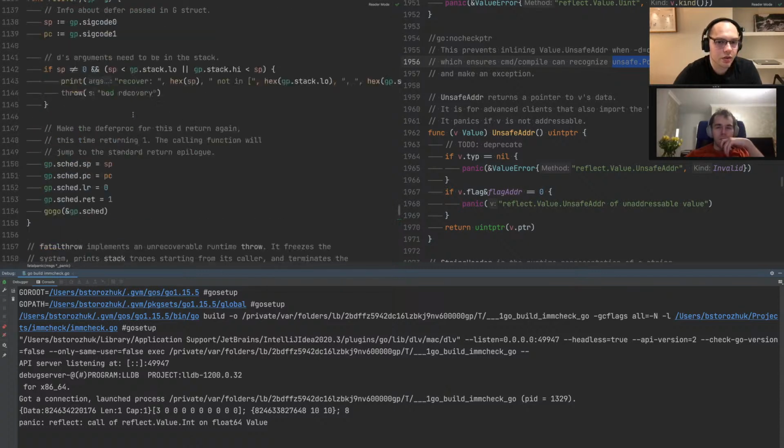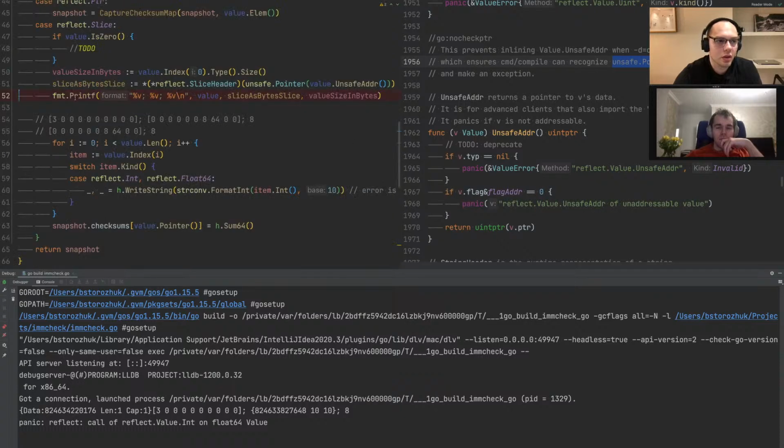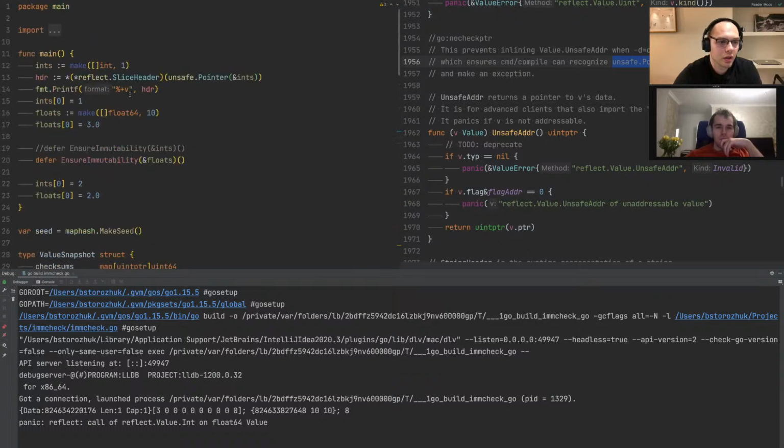Yes, great. So at that particular point, everything is fine. The data address is the following, and length and capacity is the following. So this is great. When I pass anything, I pass as a